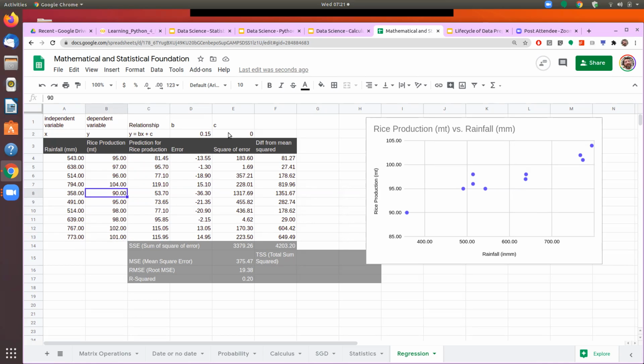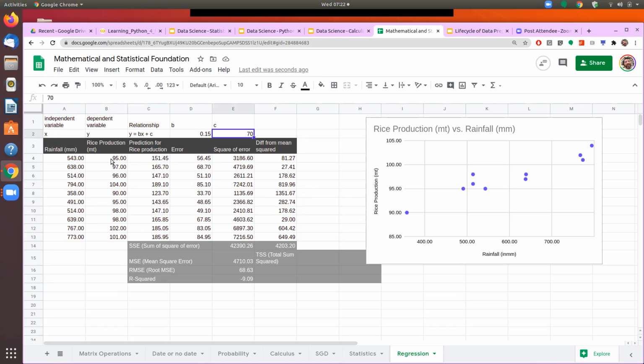So we may say that, okay, it looks like even if the rainfall goes down substantially, I will still get around 70 million tons of production anyway, and the remaining would come based on the rainfall. So 70 I put as a constant, which means that even if the rainfall is zero, I will get about, say, 70 million tons of production. Right now, we are just making an estimate, and then we will see how we can find out mathematically what this relationship is. And finding this relationship is called regression.